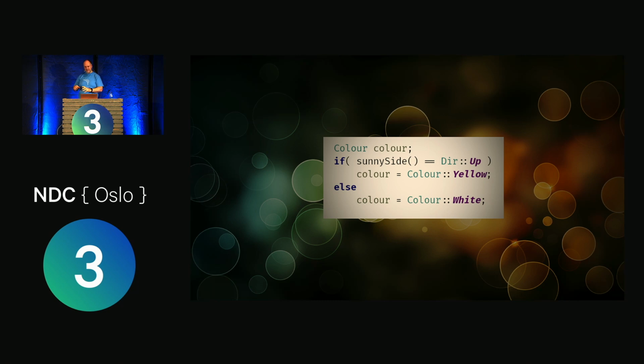Simple enough, but there's a few problems packed in there. Just a few lines of easy code, because we need to make that call in order to know what we're going to assign to it, we can't use an initialization here, which means we've got an uninitialized variable. And maybe we would initialize it to some default state and then change it, but that doesn't feel right either. It doesn't really reflect the intent. And then it has to be mutable. We can't make it const in the C++ keyword sense. So it's mutable. And then we've got a side effect in the if statement in order to make that assignment.